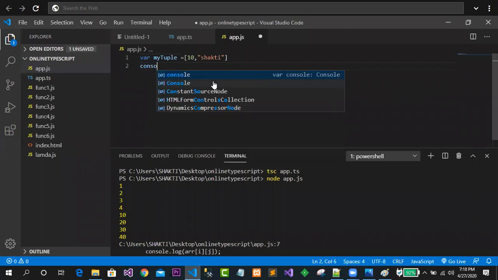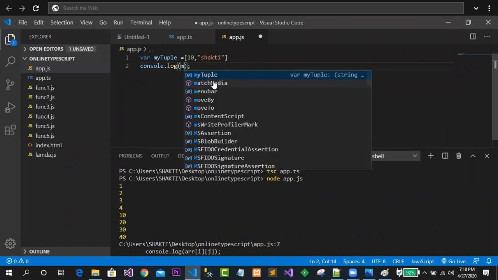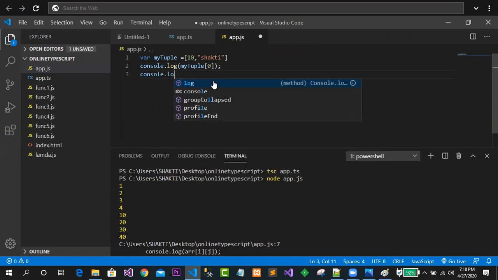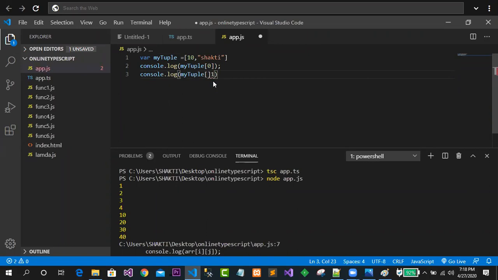If I want to print the first value, I will use myTuple[0], and then print the value myTuple[1]. You can put the semicolon, not an issue. This is the way we work with tuples. Clear? So this is a tuple having two values, 10 and Sakti. Any kind of value you can use.